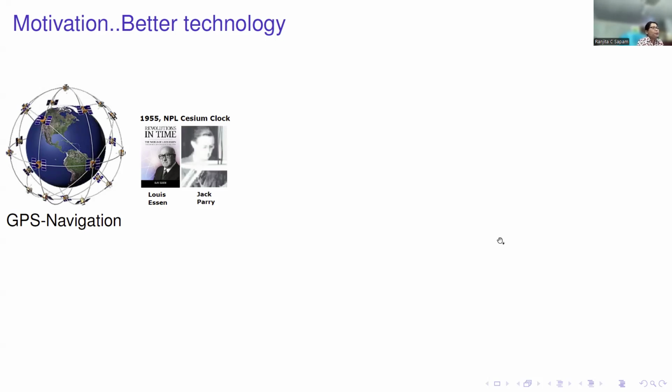A good example I can think of is GPS navigation, which every one of us has on our mobile phone. Right now, everyone who has access to a smartphone can use GPS navigation. And this is possible now because of the invention of the atomic clock, the cesium atomic clock, around 1955 at the National Physical Laboratory, London, by two famous physicists called Louis Essen and Jack Parry, right? So